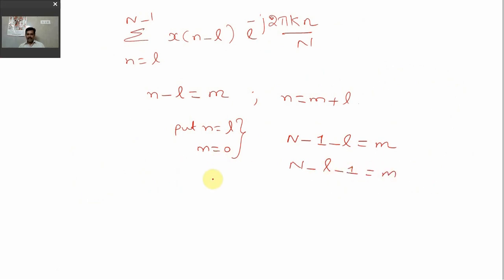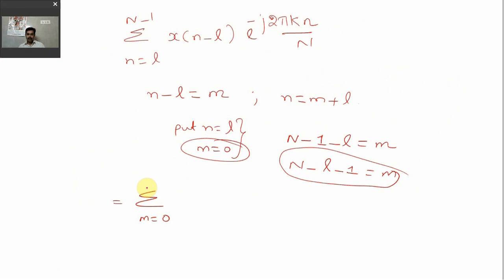So the limit is varying from m is equal to 0 to m is equal to n minus L minus 1. So here first we are changing the limit. So m is equal to 0 to n minus L minus 1